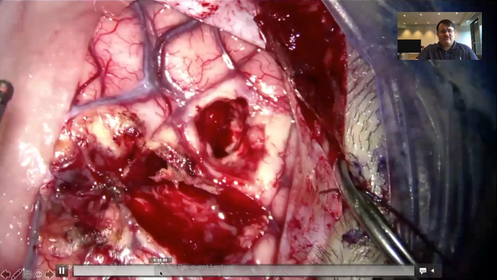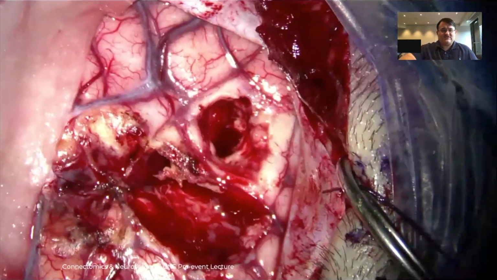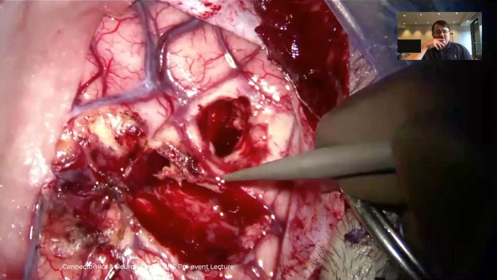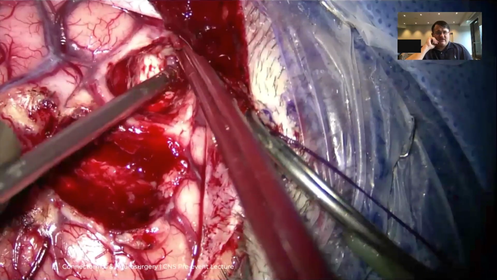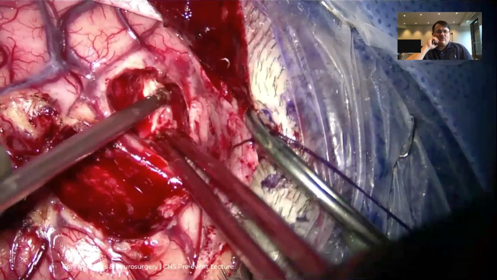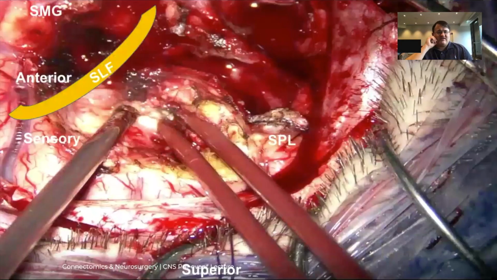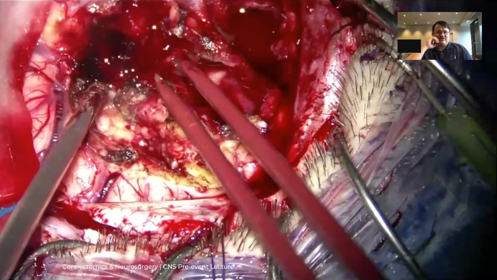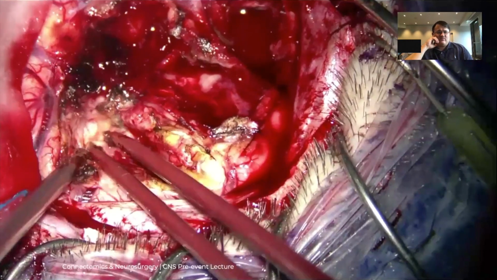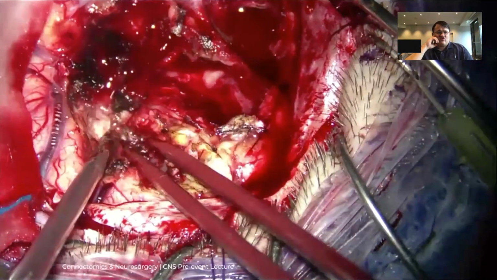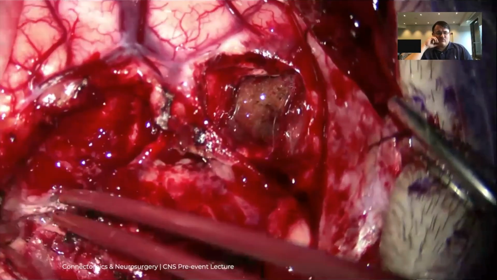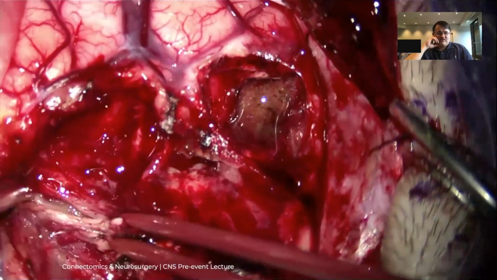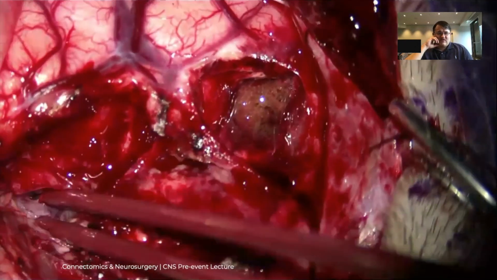Now notice that, of course, the challenge in this operation is we don't see any of these pathways. Image guidance isn't going to be millimetrically precise. So even if the tractography was perfect, it's only a guidepost. But what we really have here is a clear idea of what we're attempting to accomplish. So you can see here, this is roughly where the SLF is. And what I'm trying to do is continue this cut, preserving that plane to go deeper and deeper until we get down to the ventricle, at which point we've cleared the pathway as much as we can. And again, through this